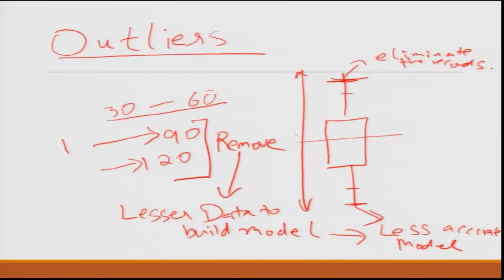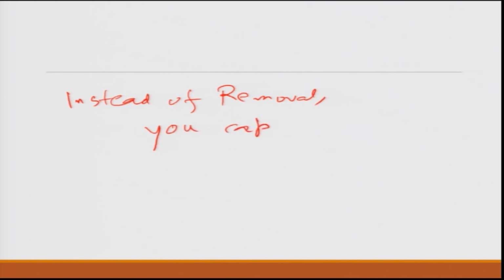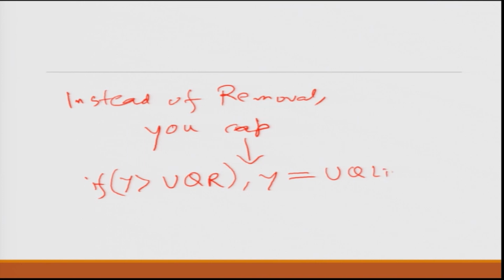One of the simple ways, instead of doing a removal, is that you cap, and cap means you basically say that anything which is above my upper quartile range, if y is greater than this limit, then y is equal to the upper quartile limit.